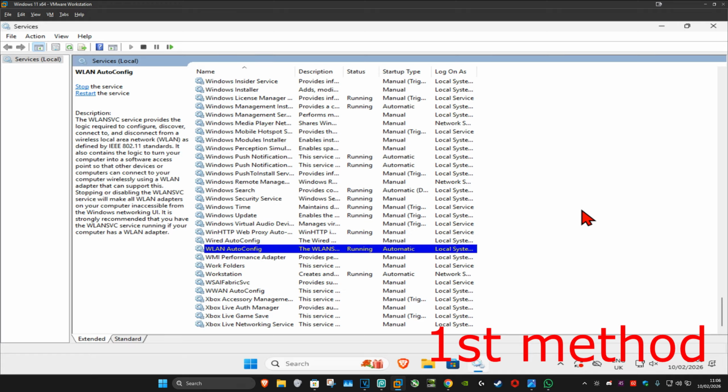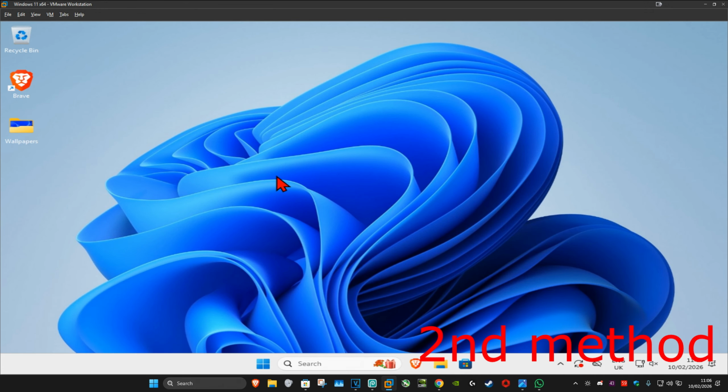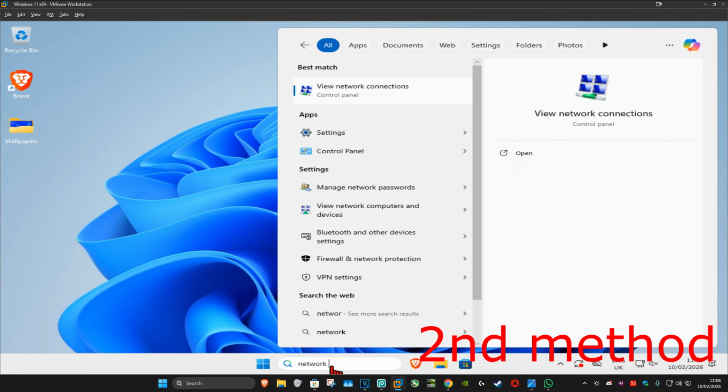Once you do all of that, see if that works. The problem should be fixed. If that's still not working, then for the second method, you want to go to search and type in network